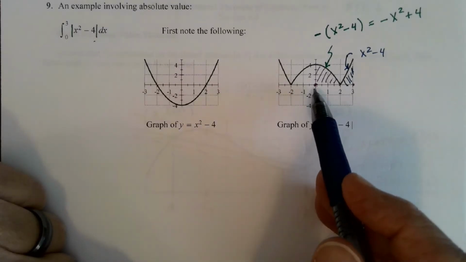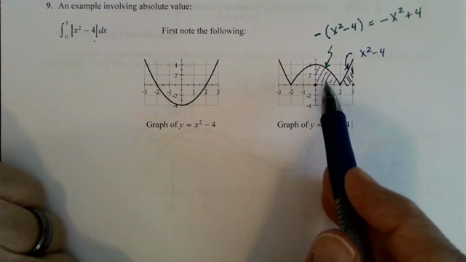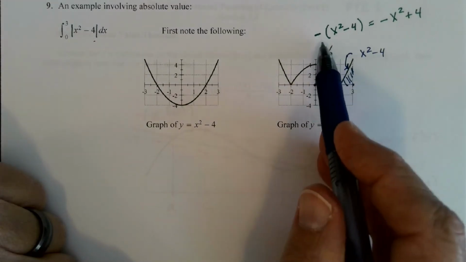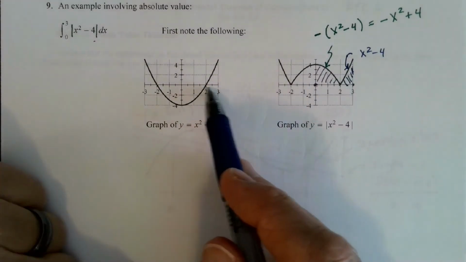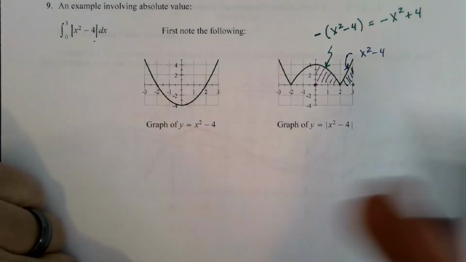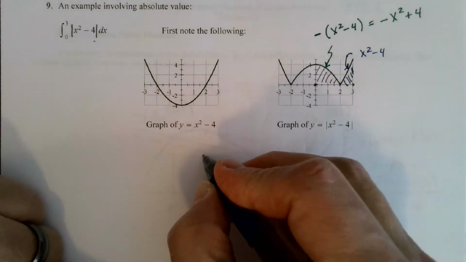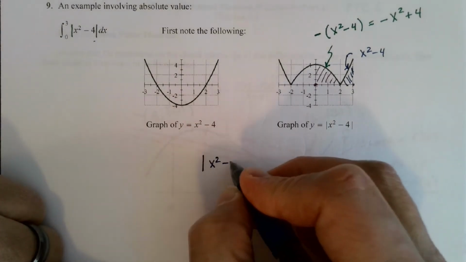Because then we have to determine, well, if it's negative on the interval from 0 to 2, we're going to look at integrating negative 1 times the function. If it's positive on the interval from 2 to 3, we'll just integrate the function without the absolute value bars. Okay, so the bottom line is basically we were saying that x squared minus 4